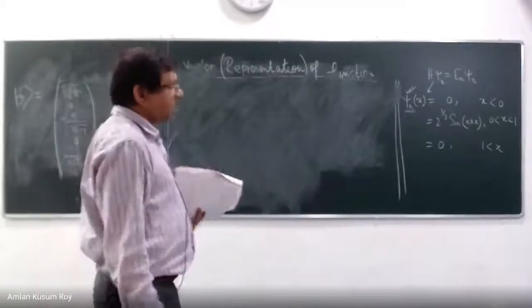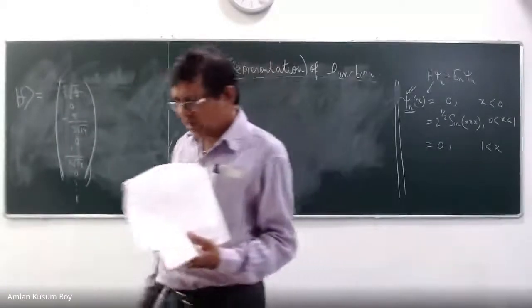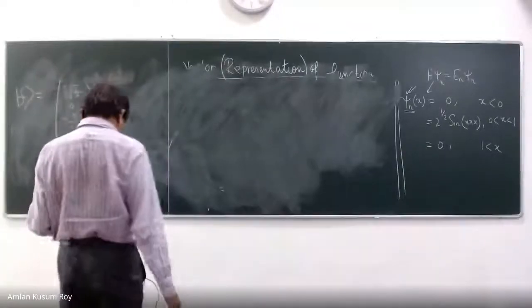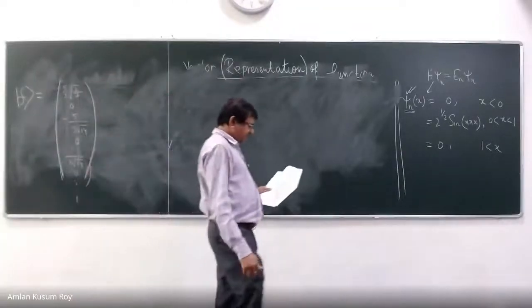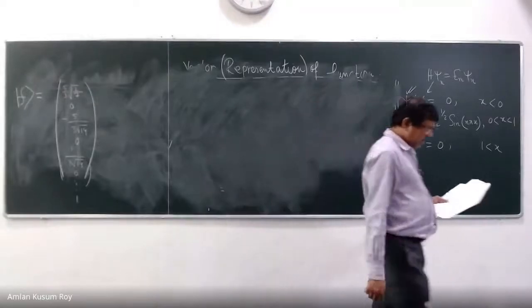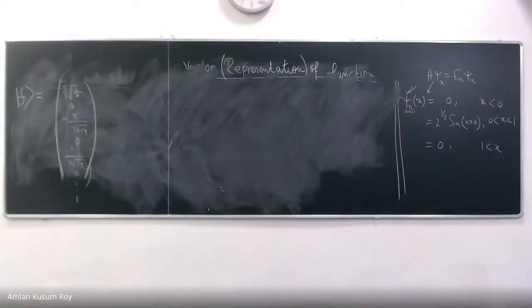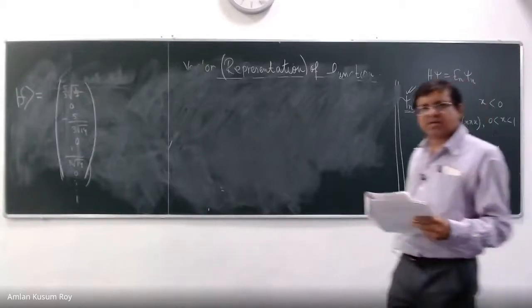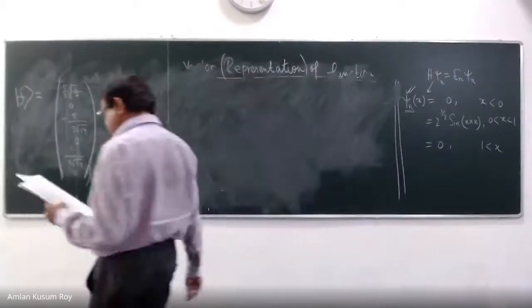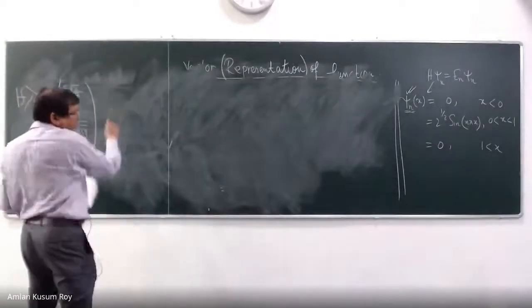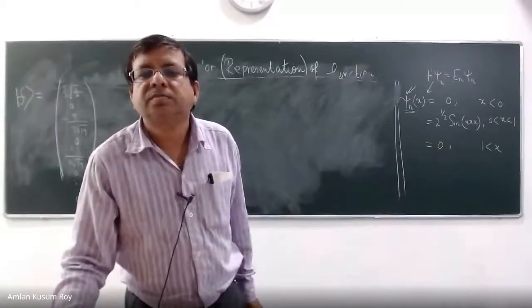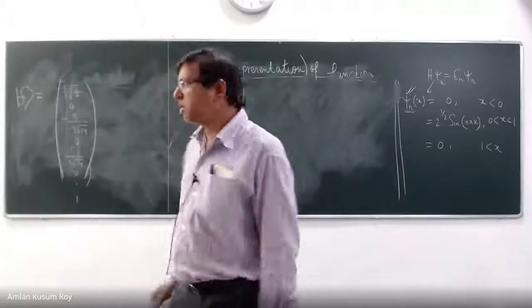Sir, why are F2 and F4 zero? Even terms. Why are F2 and F4 and other even terms zero? Who can answer? Did you look at what is going to happen if you do this, 2F, 4F? What is the integrand? Who asked this question, please? It's me. Tell me, what is the integrand?